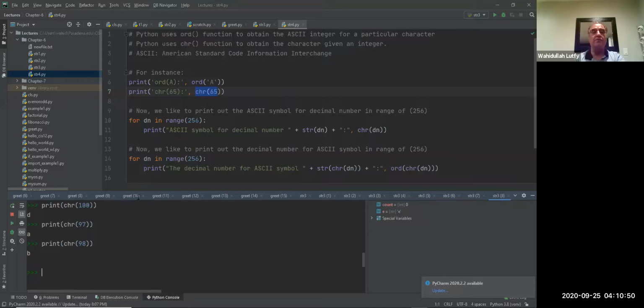So this is how you go through. If you get the ord of a character, you get the number, and if you get the chr of a number, you get the actual letter of the character. So now we're going through the ASCII symbols for these decimal numbers. And as you can see here, I wrote the ASCII, which stands for American Standard Code for Information Interchange,